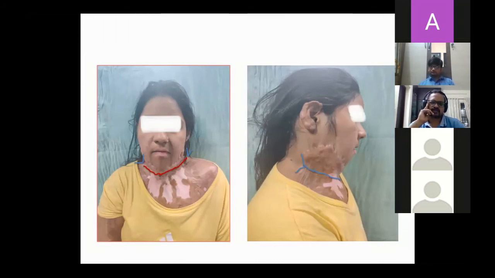There are a couple of other questions. Anup Shivakumar has asked: should we offer excision of the hyperpigmented area in the upper chest in this case? You might not have an adequate amount of graft, and it might be overkill to do it in a single sitting. So I would prefer that we get rid of most of the tissue in the upper visible part and wait at least 2 or 3 months before excising that area.